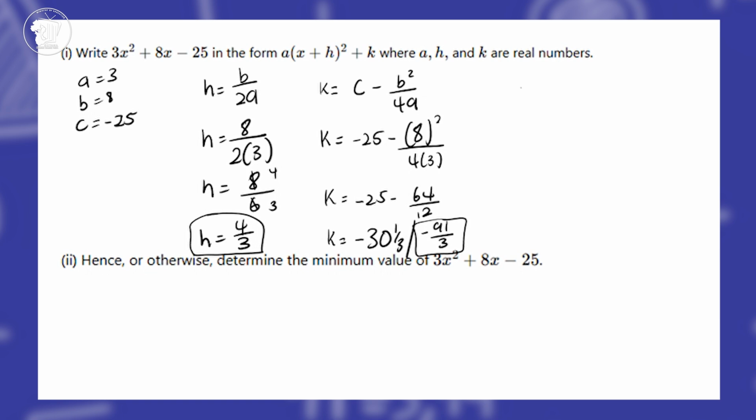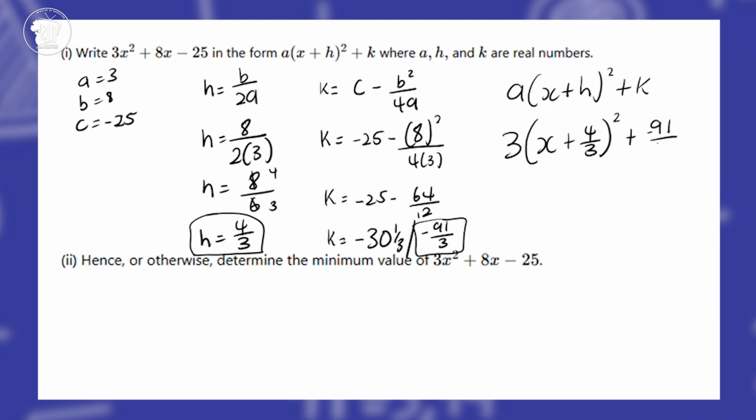The form is a(x plus h) squared plus k. We know a would be 3, so it's 3 open bracket x plus h, which is plus 4 over 3, squared, plus k, which is negative 91 over 3. This is a plus negative, so this will become minus 91 over 3, and this is it in that form. The question also went on to ask, hence or otherwise determine the minimum value of